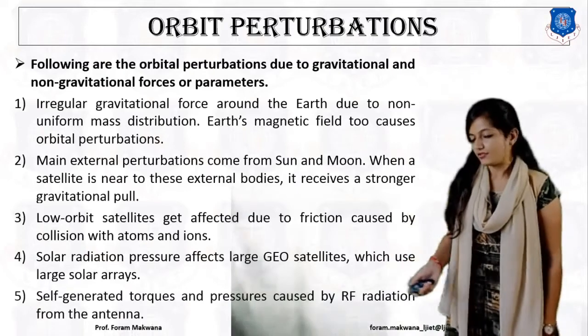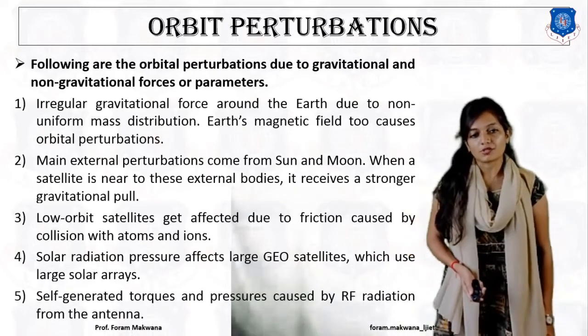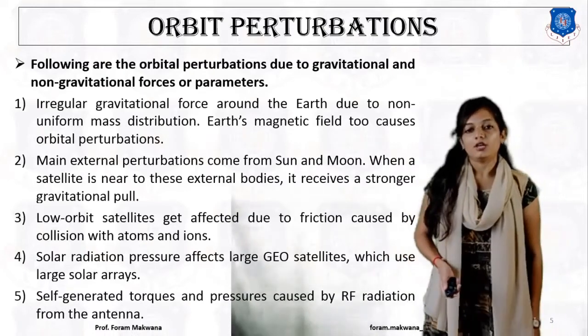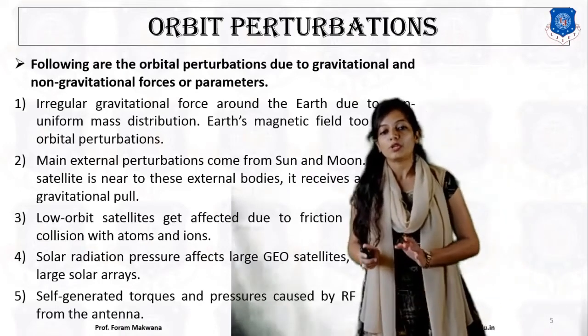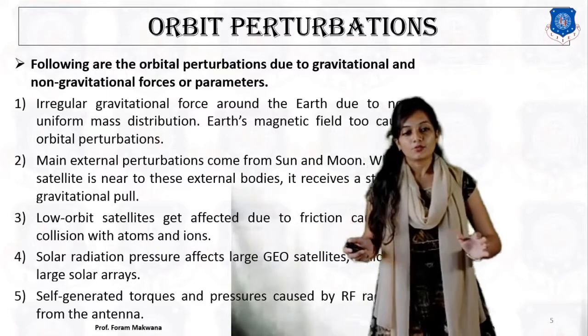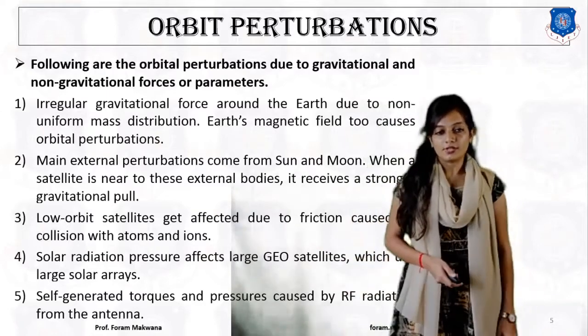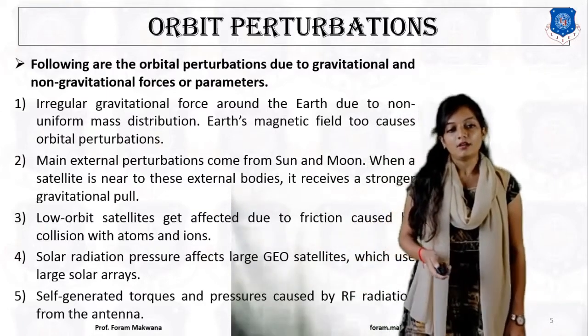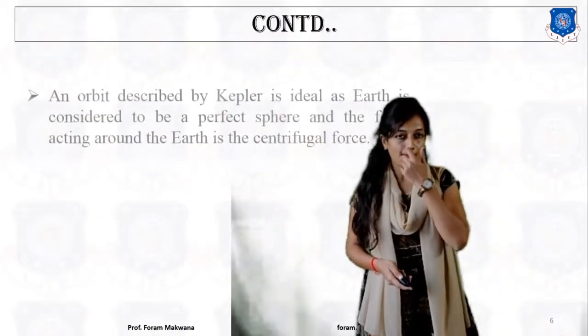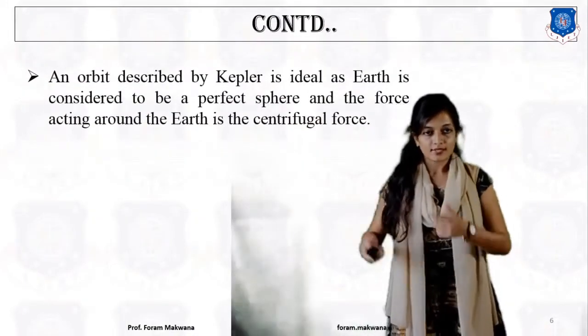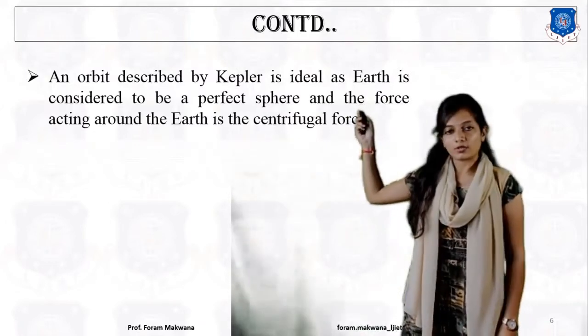And the self-generated torques and the pressure caused by the RF radiation. As we know, the antennas are also going to be mounted on the satellite. So the torque and the pressure caused by the RF radiation from the antenna will also cause orbital perturbation. And as described according to Kepler's law,